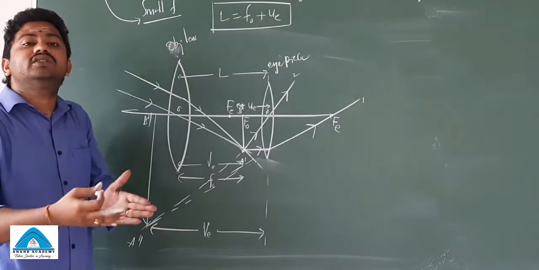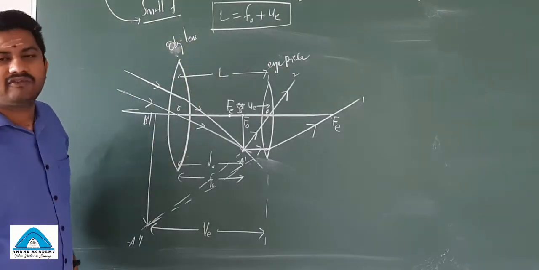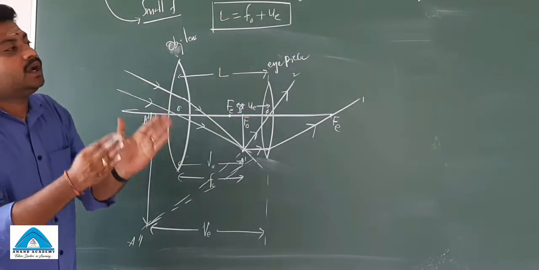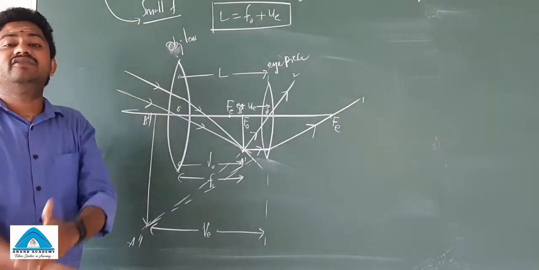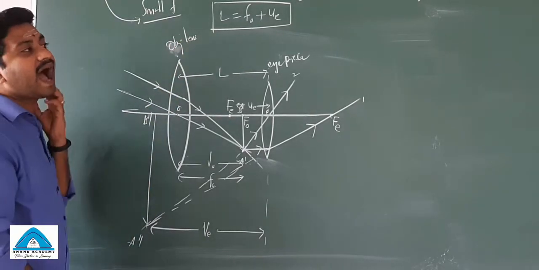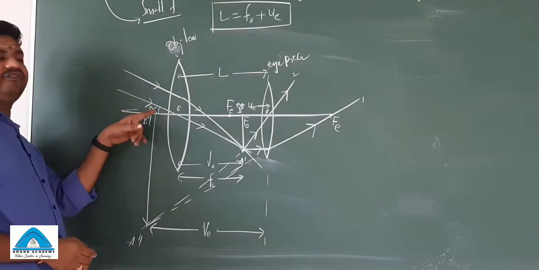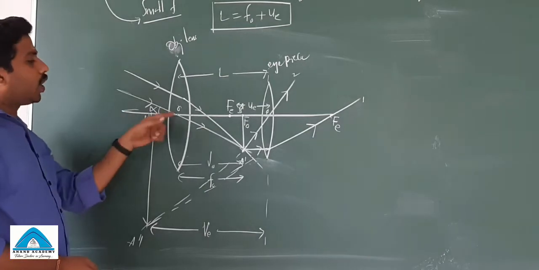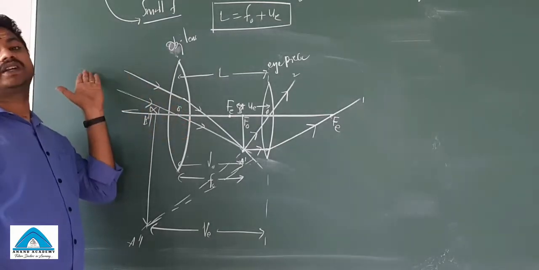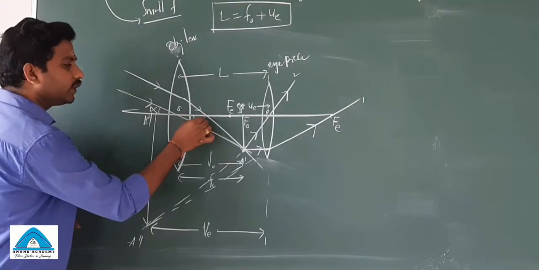Now, let us concentrate on the magnification concept. What is alpha? The alpha value is the angle subtended at the naked eye by the object at infinity. When the object is at infinity, what is the angle subtended at the naked eye? This is called alpha. So alpha is the angle subtended by the object on this lens, the objective lens, because the lens close to the object is called the objective lens. So that is alpha, and this angle also will be alpha.